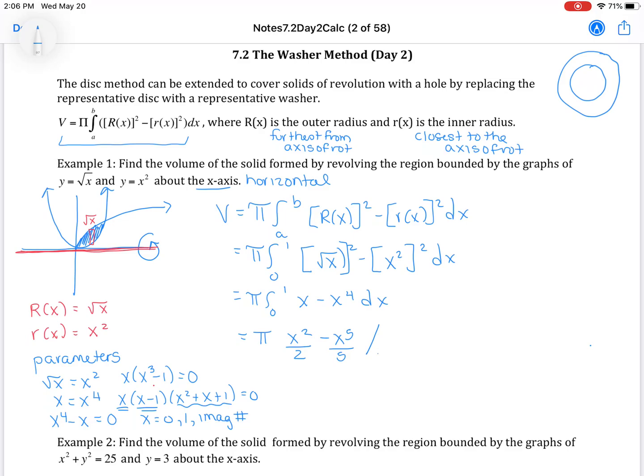Step 2 is to integrate. So x squared over 2 minus x to the fifth over 5. And we're going from 0 to 1. We're going to sub 1 in. So we get 1/2 minus 1/5. When 0 goes in, we get 0. We need to get a common denominator. So 1/2 is 5/10, 1/5 is 2/10, and when we simplify, we get